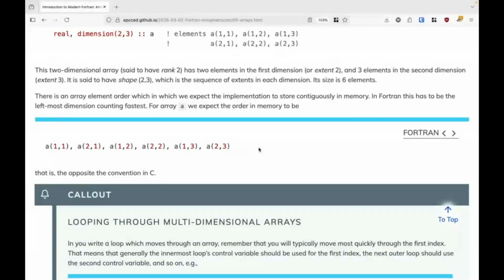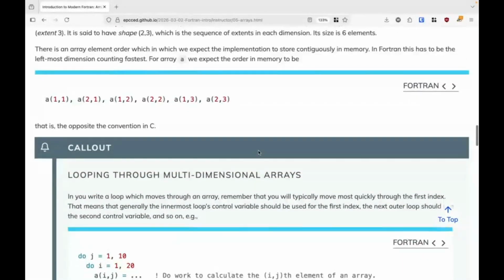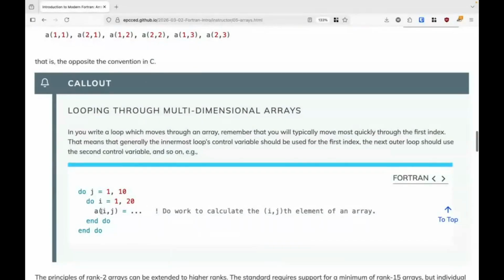And that does mean that if you're writing efficient code, you typically want to do it like this. So let's imagine that you've got a rank 2 array, A. Doesn't matter what its size is, but here we've said 20 and 10. Your loops should look something like this. You want to have your innermost loop be indexing over the variable that's the first element of your array. And then you move outwards. So you can imagine perhaps we would have even a rank 3 array, i, j, k, in which case the innermost loop would be i, second one would be j, and the outermost